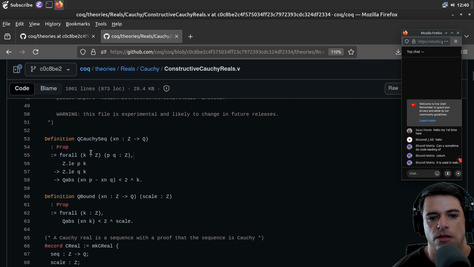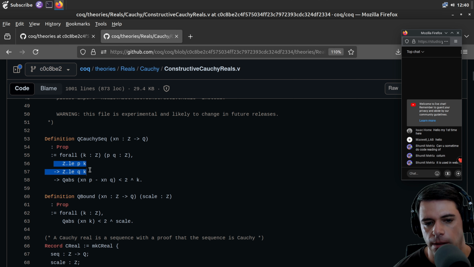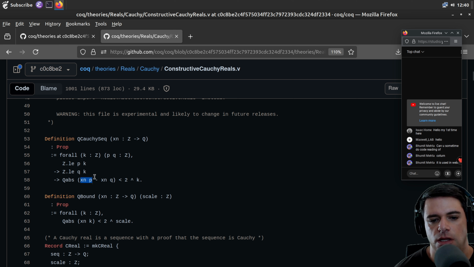So maybe the first thing, or the conditions, and maybe comma separates the conditions, or not. We'll see. If I assume this means that p is less than k, this seems like a second condition. q is less than k. Then the Q absolute value of xn at p, I guess the pth x and the qth x, is less than 2 to the k. So for all k in Z,